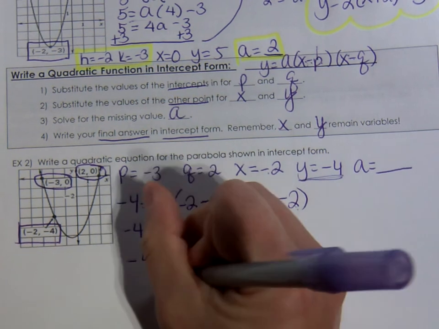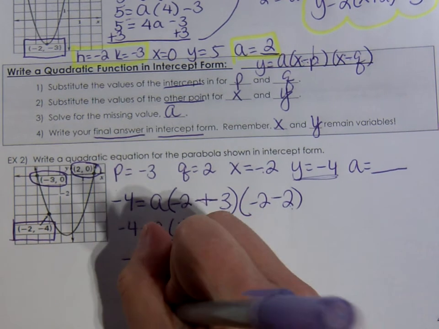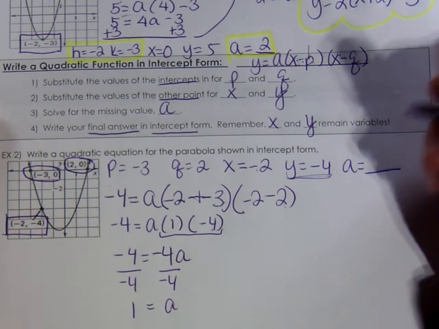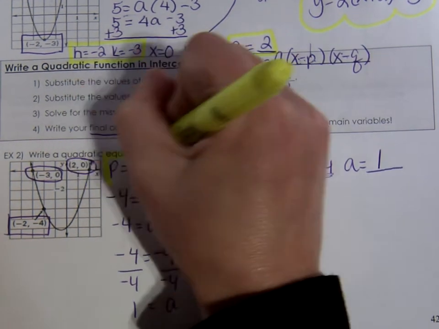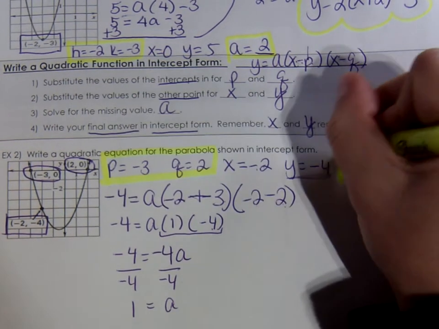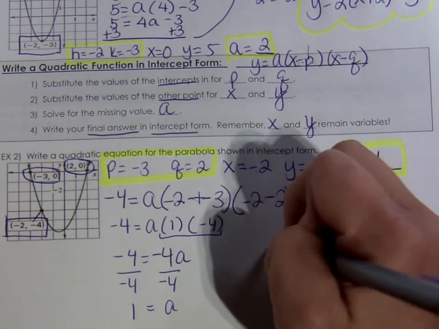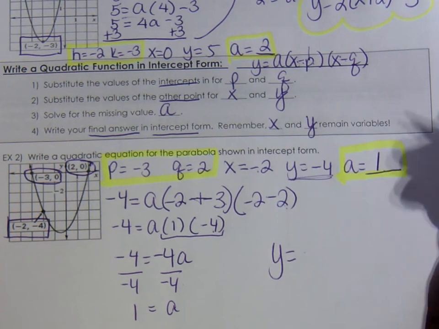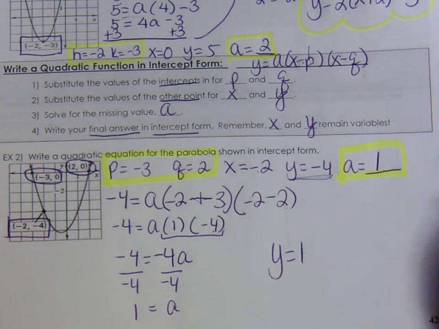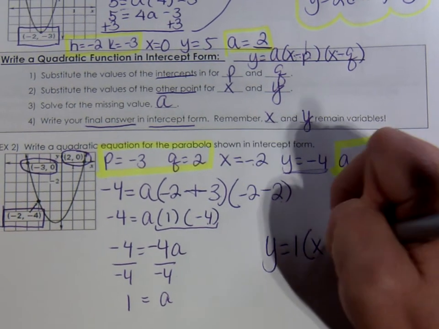Now I'm going to get a alone by dividing both sides by -4, and I find that a is equal to 1. So now that I know what a is, I'm going to use that p and q and my a value that I just found to write my equation. And that is going to be y equals 1, which you can put in the 1. You don't have to, but if it helps you for visual purposes, put in the 1, times x plus 3